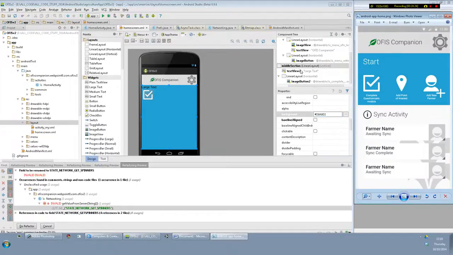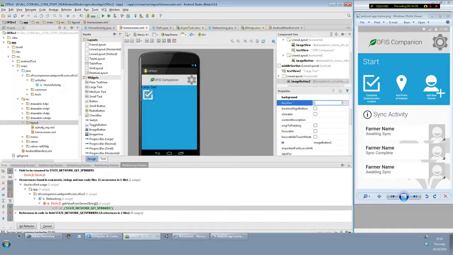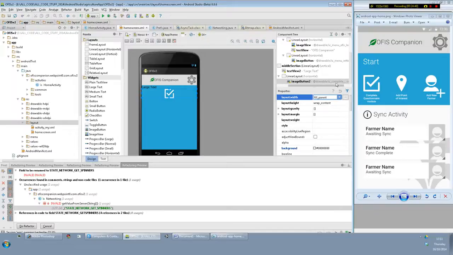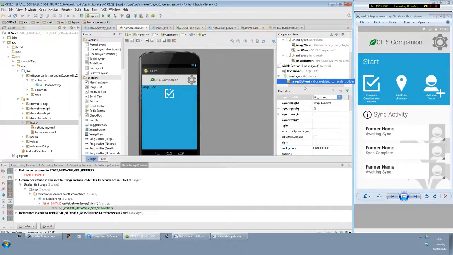Now that text is not big enough, but we'll worry about that in a minute. And like I was saying before, you needed that background to be transparent. So hash 1, 2, 3, 4, 5, 6, 7, 8. 6 for the color, 2 for the alpha. It works. Now that looks quite good already. What I'm going to do is set the width to fill parent. And what that will do is, well, obviously fill the parent, so that when we have 3 of these,